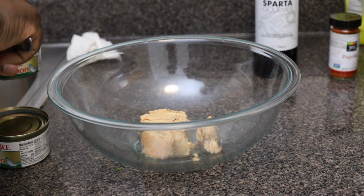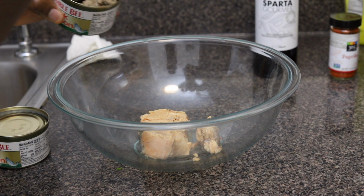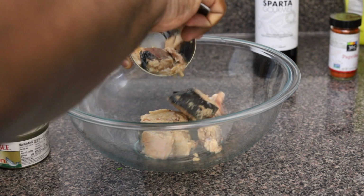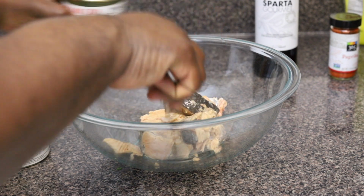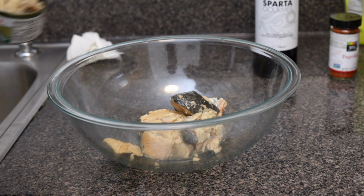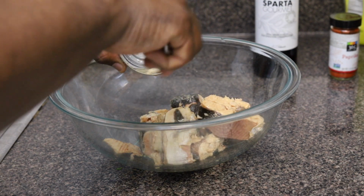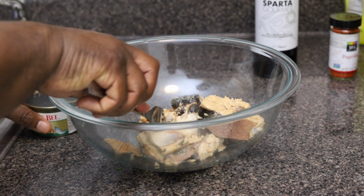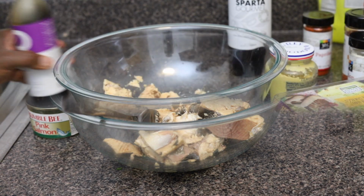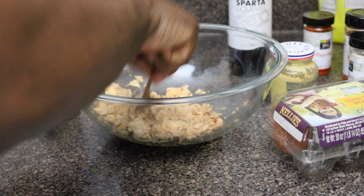Now, how much salmon you use depends on your family size. I usually use 2 to 3 cans. Put it in just like so. Okay, and so we're back. So I prepped the salmon,